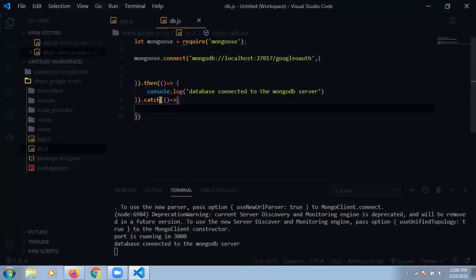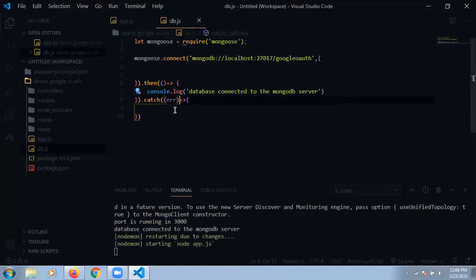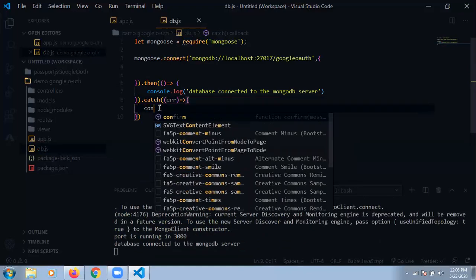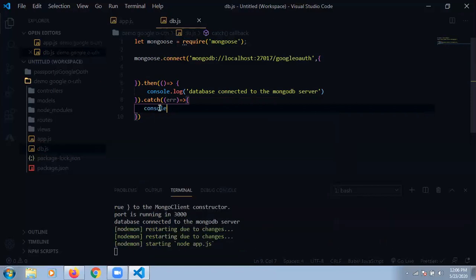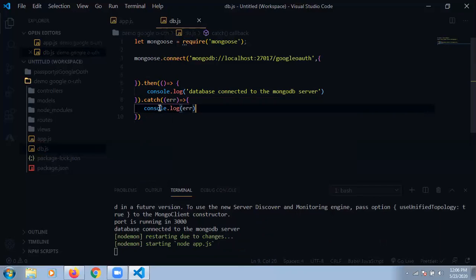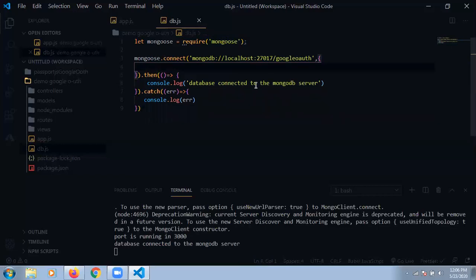Console log error in catch. What is the error? Here I'm writing the error. Here console logging the error. Okay, this is my connection, and I made a connection.